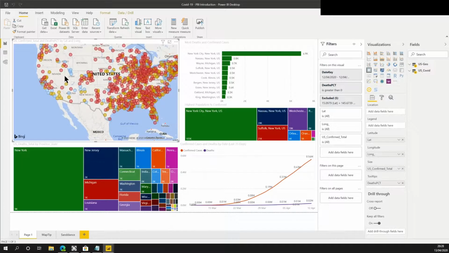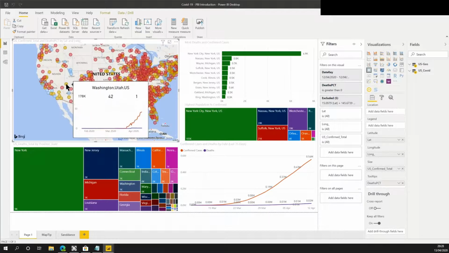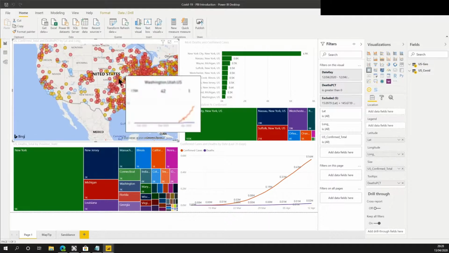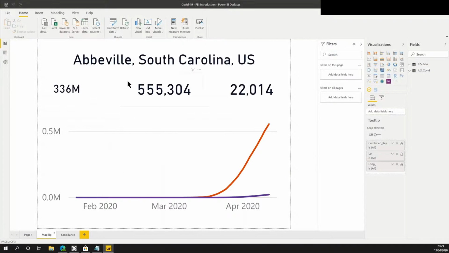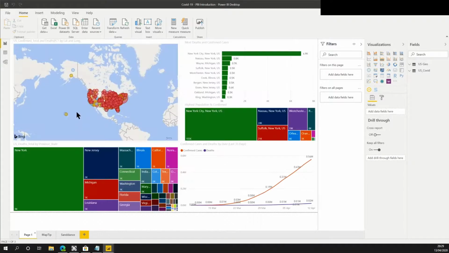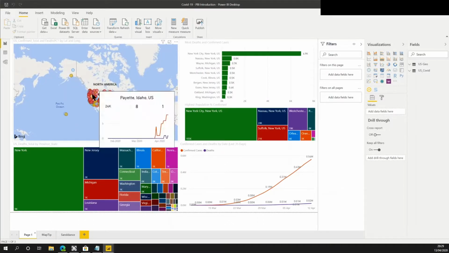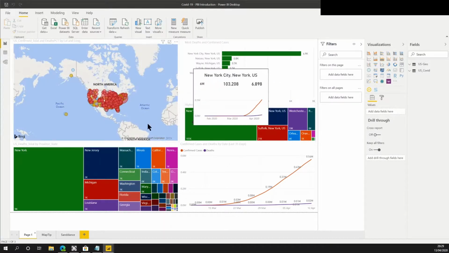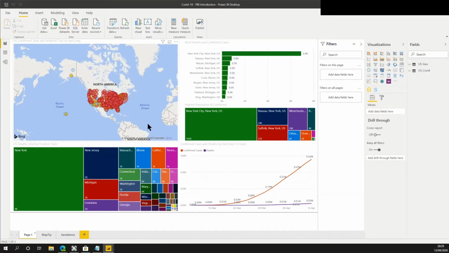What I'm going to do before our next video is bring the global stuff into this and mash the two together. See if you can work out how I would do that, and then we'll catch up. As you can see as well, I've put some tooltips in, so when you hover over, it gives you the county. Map tooltips to hover over and have the visuals show you some information are really useful. And then being able to plot things on a map and have it all interact together. So we'll take you through some more detail of that next time,